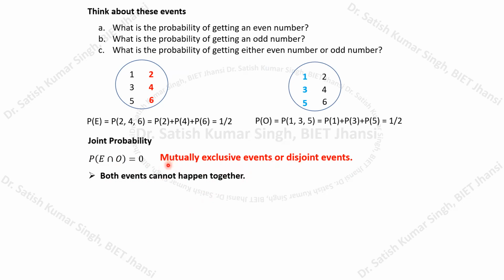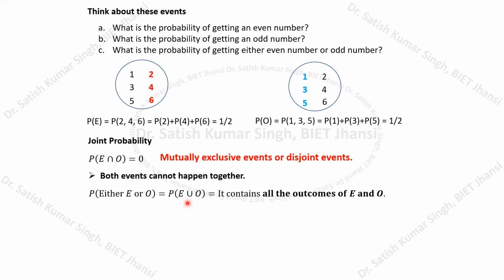This is a very important class of events that you have to remember. For any two or more events to be mutually exclusive, the joint probability must be equal to zero. Now try to see the probability of getting either an even number or an odd number. There are a total of 6 outcomes, so if we throw a die, the outcome will be either an even number or an odd number. These are the only numbers we are going to get. So we can define the probability that the number will be even or odd.